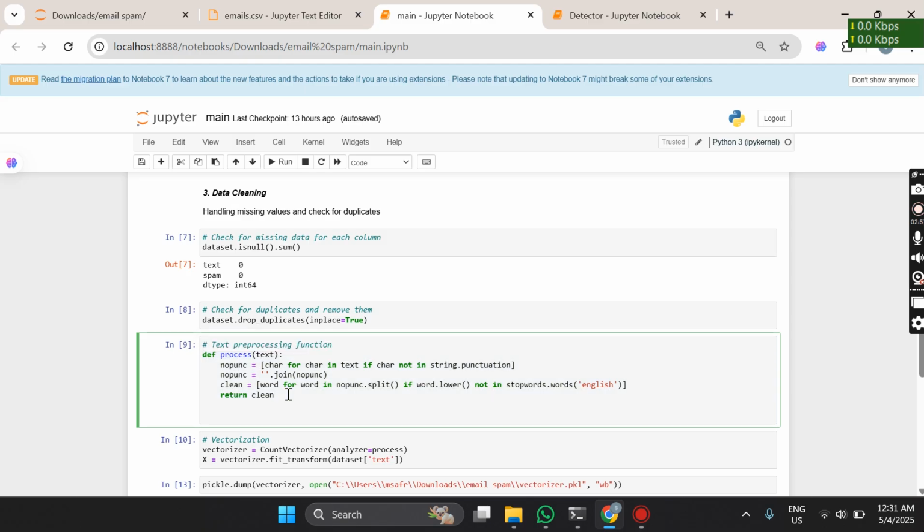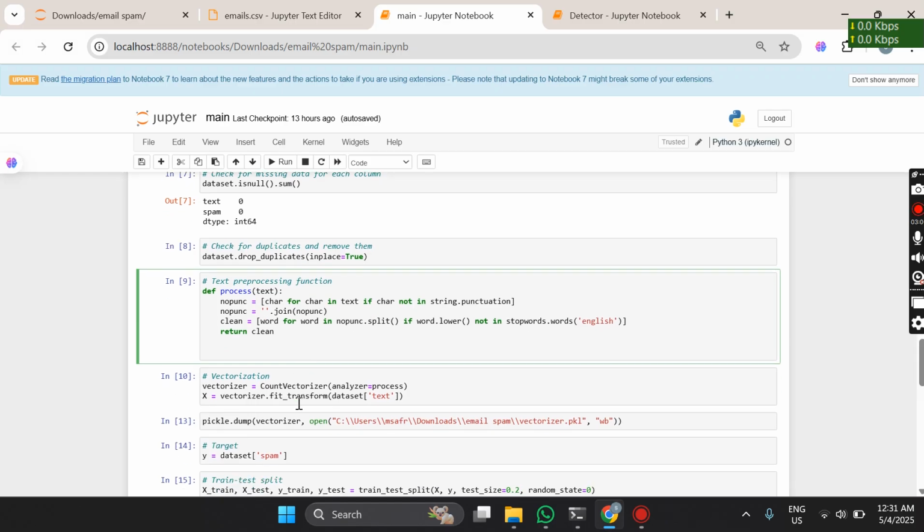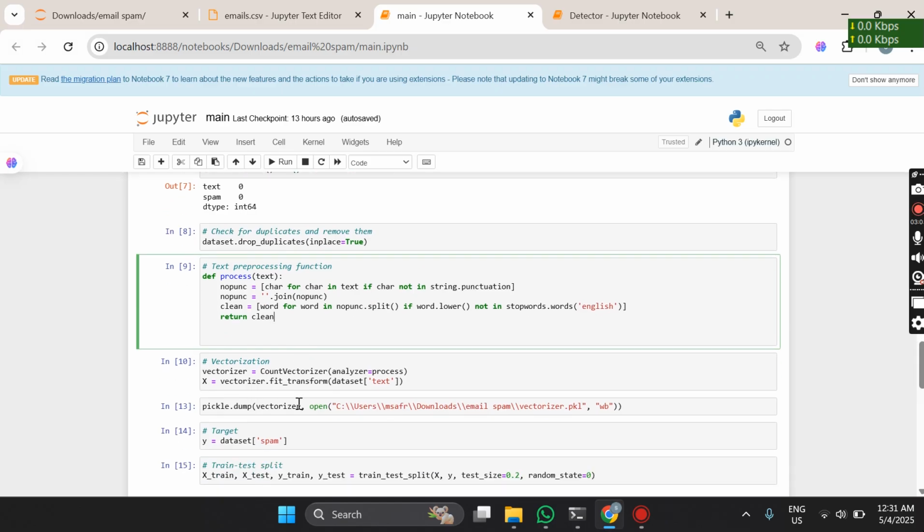After doing this, we have text, and we know that text can't be fed directly into a machine because the machine doesn't know text. So we need to convert it into numbers. That's why we are using CountVectorizer. It does just that: it turns every email into a matrix of word counts. Think of it like converting language into math.